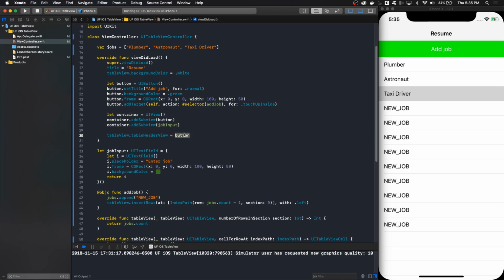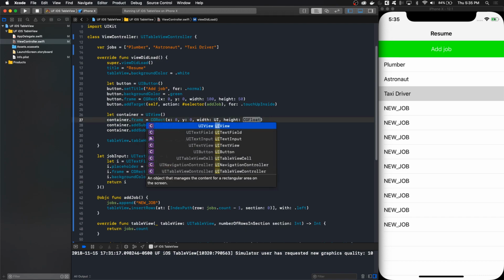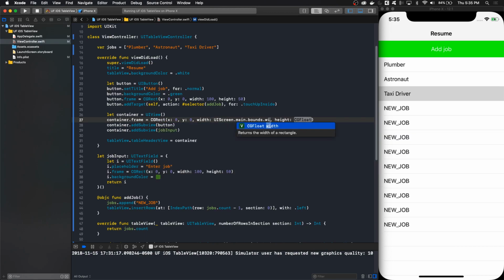And then let's set our header to container. We'll also give some dimensions to the container. So .frame equals CGRect 0, 0, and the width we want it to be the whole screen. So we have UIScreen.main.bounds.width. Height, let's say 100,